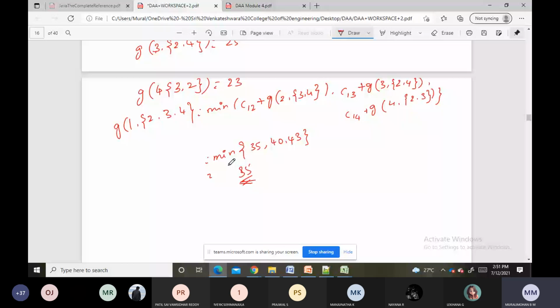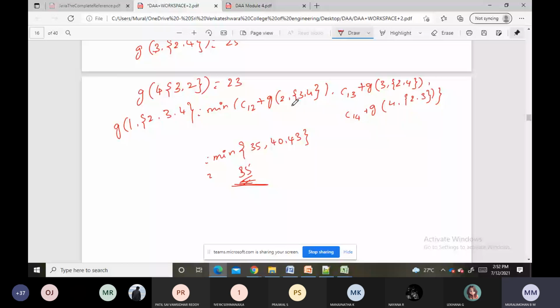So now you can just write, once you finish this. So this 35 we got. So what is the route? It is followed by the traveling salesman problem. How did we get this 35? That is this one. So 1 to 2 we are going. Next, 2 to 3 or 4, which is the minimum there?